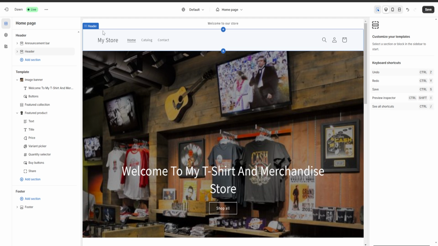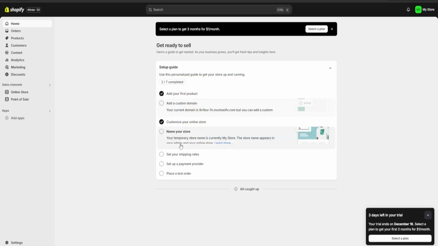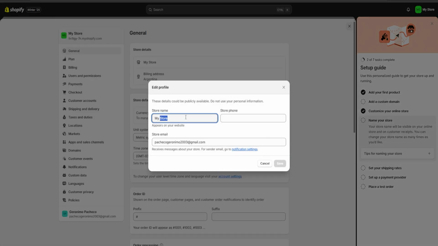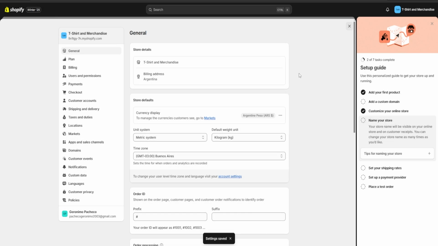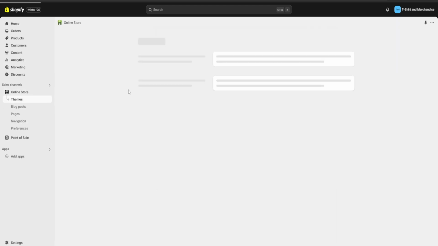So if we want to change that, what we're going to do is save our changes up until now. We're going to exit and go to the home page of Shopify. Here we're going to click on name your store and choose a name for our store. For example, t-shirt and merchandise. We're going to save, and to see if everything is correct, we are going to go to our online store